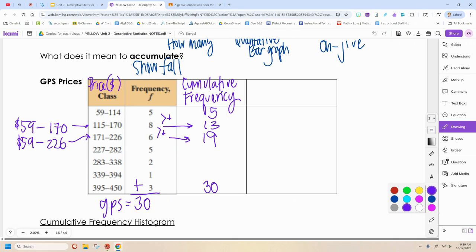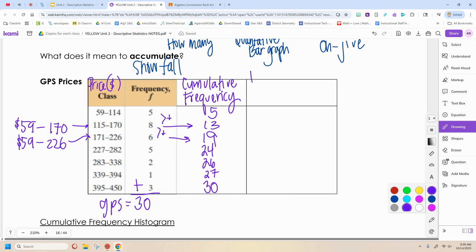So it's up to you how you like to look at it. A lot of kids will then just be like, oh, well, 19 plus 5 is 24, right? And then 24 plus 2 will be 26. And 26 plus 1 is 27. And then, of course, you get 30. Make sense? That's accumulating. Now, the reason why we then might take it one step further is we might not always have 30 GPSs, and sometimes it's easier to talk in percentages. Okay? So the last thing that we're going to calculate, and we can make this type of histogram as well,